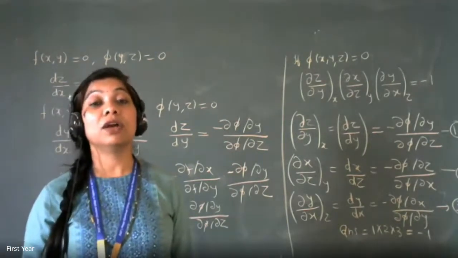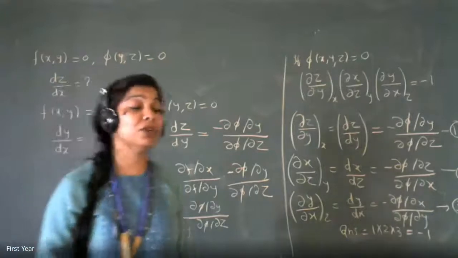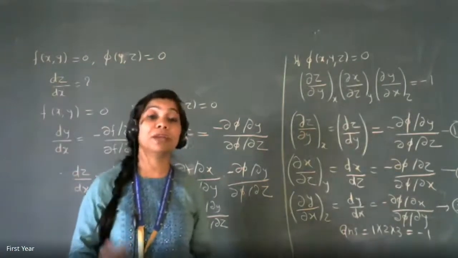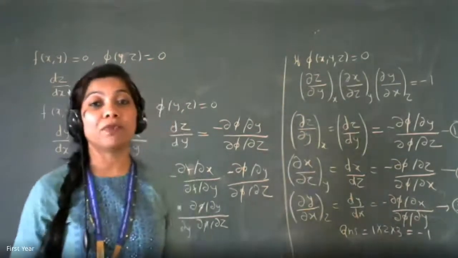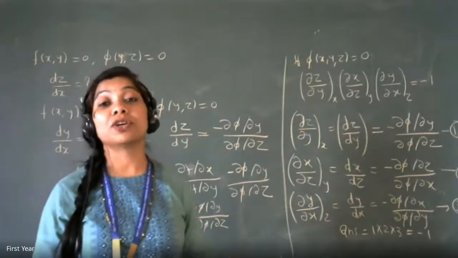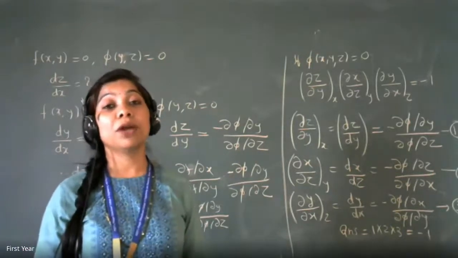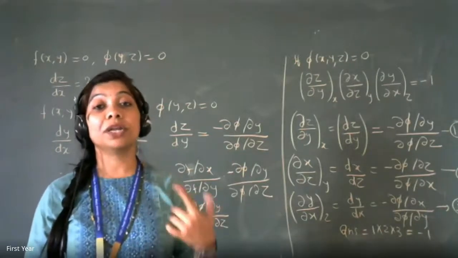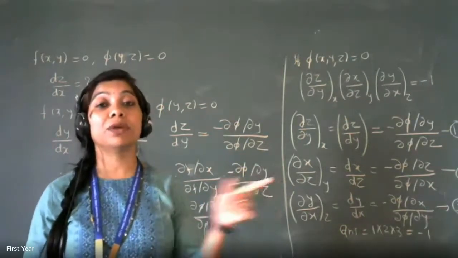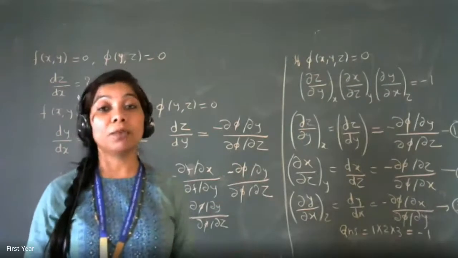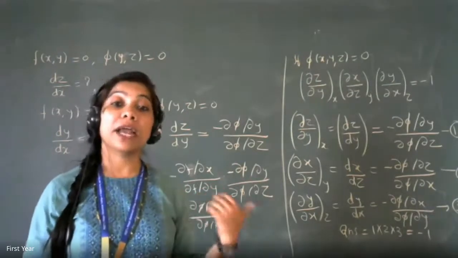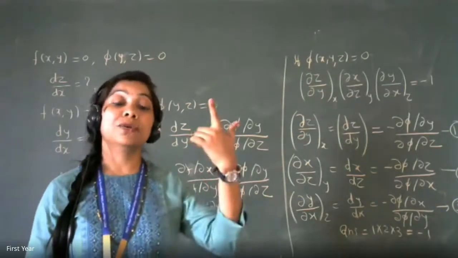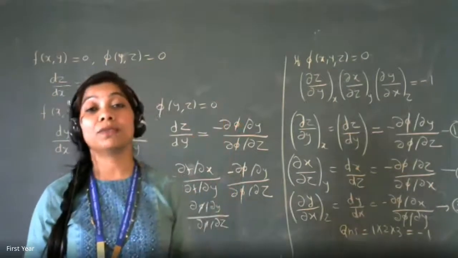After that, we did Euler's theorem. Now, this Euler's theorem is very simple and very important because you actually don't have to find any partial derivative, but your function should be homogeneous. What do you mean by homogeneous? The degree of each of the terms should be equal. If a numerator by denominator form is there, then in the numerator all the degrees should be the same, in the denominator all the degrees should be the same, then the entire function is of degree numerator minus degree of the denominator.